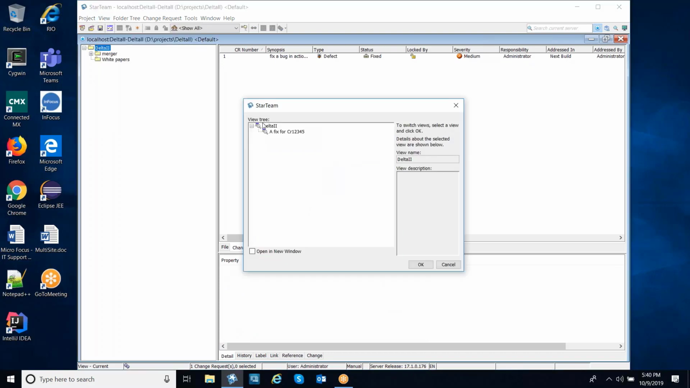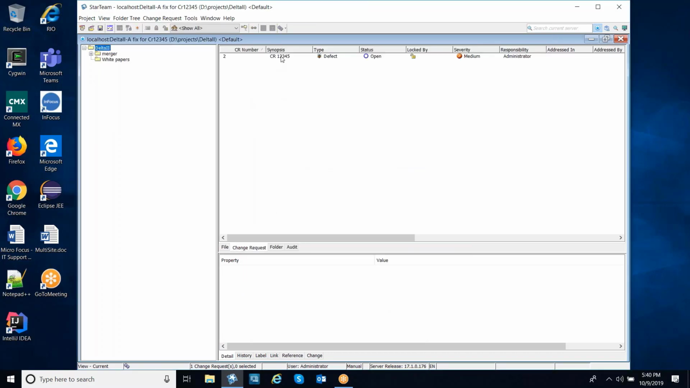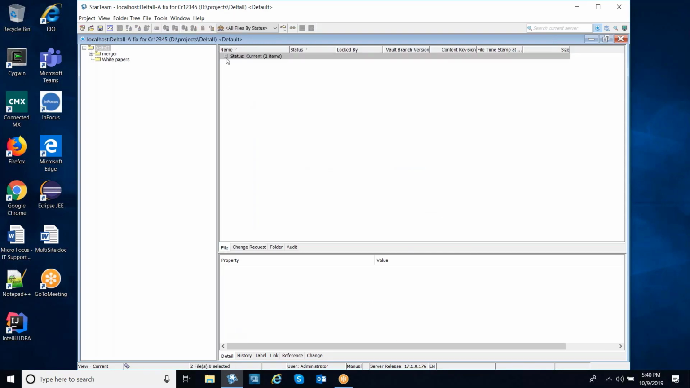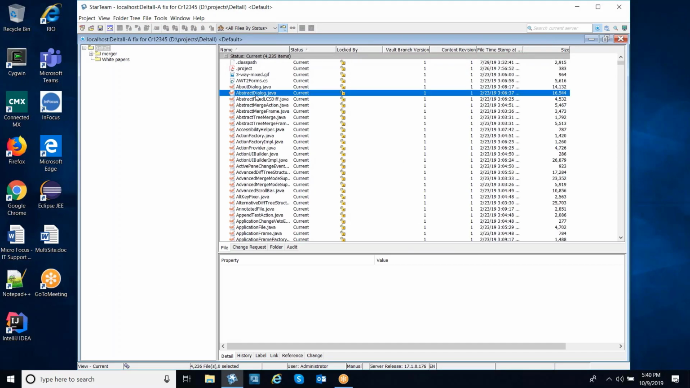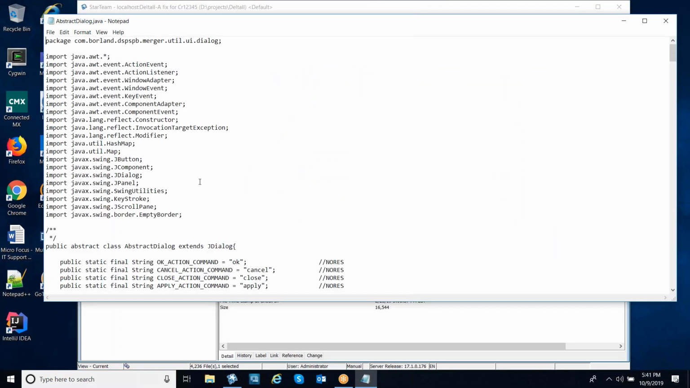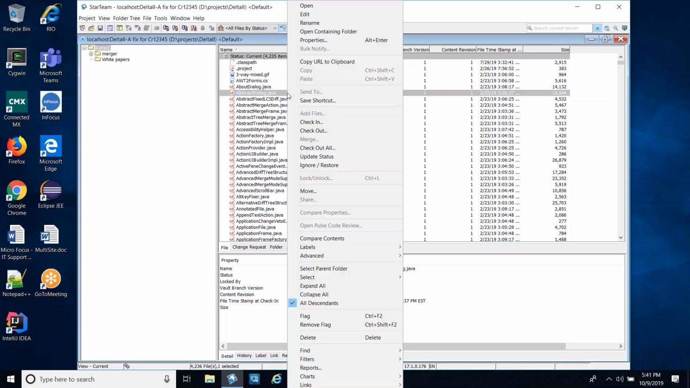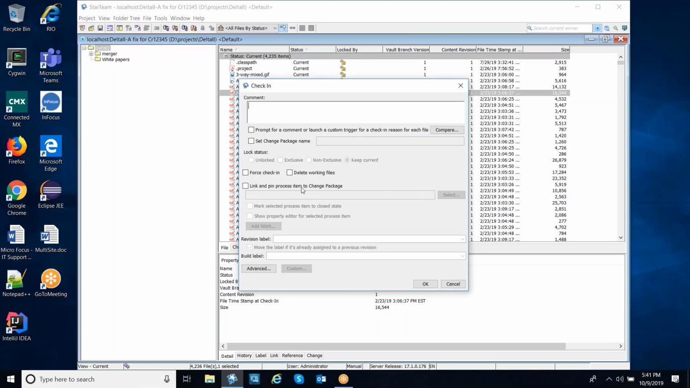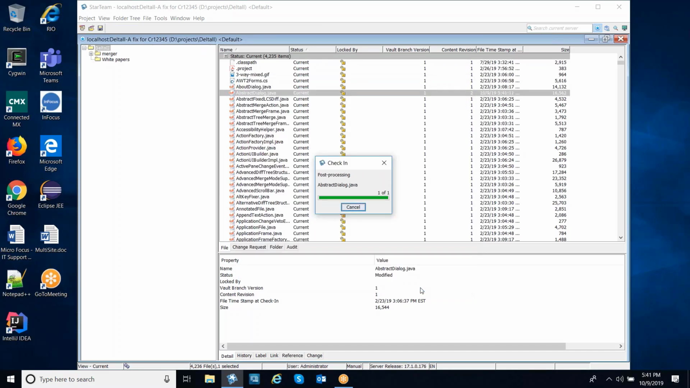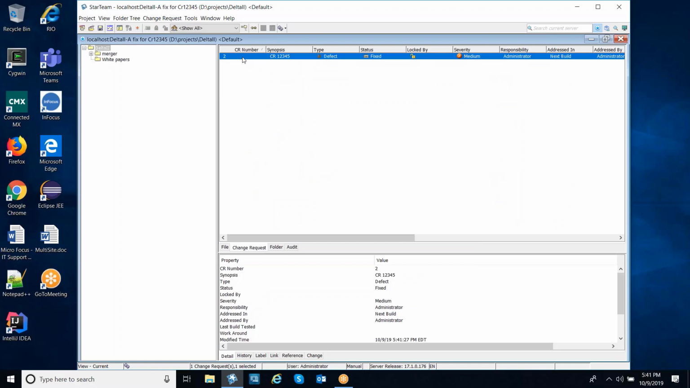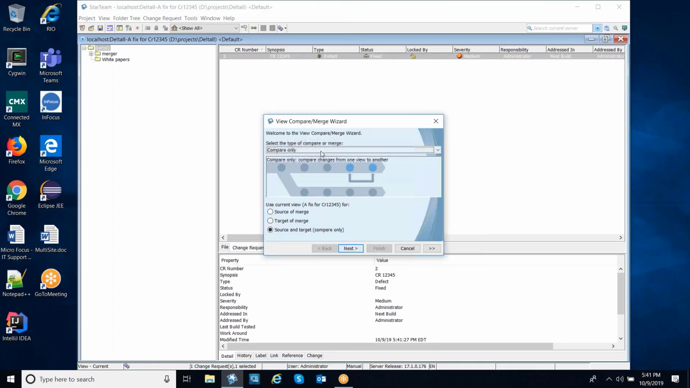So now I'm in the child view. I've got a CR that's open. I've got to work on it. I'm going to come over to the file tree. I'll find a file that I need to work on. Make a fix to this file. Check the fix in. Link it to CR12345. Of course, I'm showing a very simple fix, one file. The fix could propagate across multiple files, and use the process item to promote the fix up to the parent